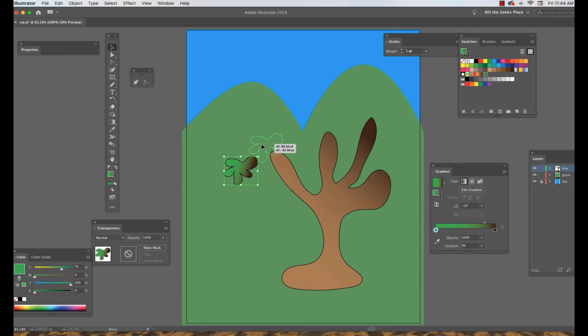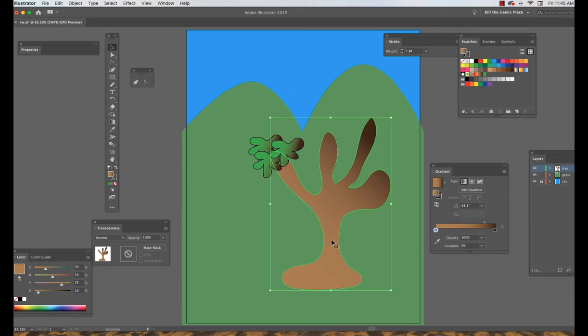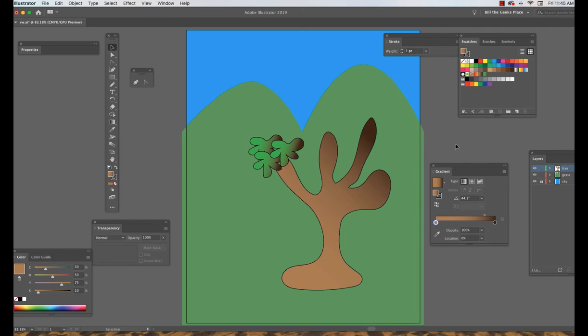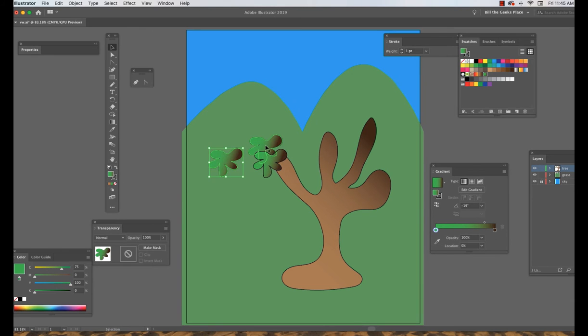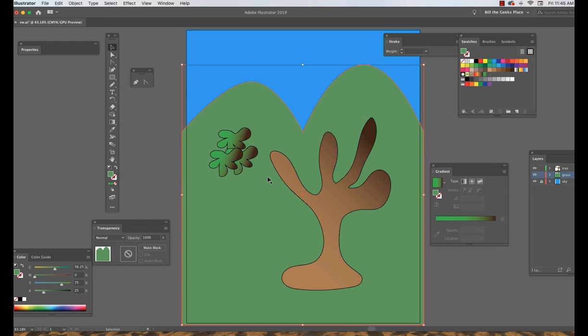Now I can take my leaves and Option drag multiple times. Once I get this, let me lock my tree for now. In the tree layer, I can lock that. Nope, I can't do that. I'm going to have to do something else first before I lock that. Oops. This is why you lock layers. I'm going to lock the grass layer,